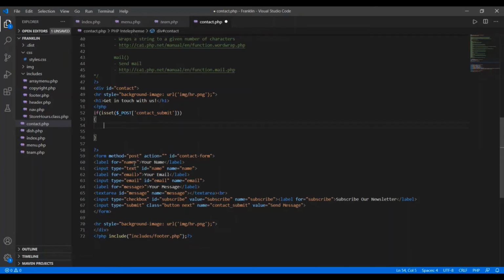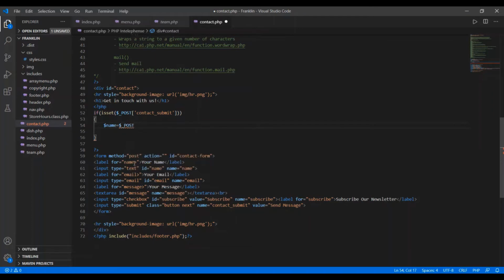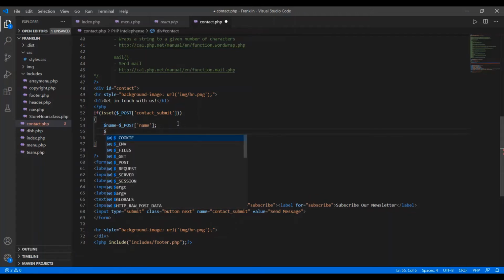So for this I'm creating a variable with name, and to this I'm assigning the value by reading it using $_POST, which will read the value from a variable. Here is the name of the input ID, here is the name, so I have to read the data from here. And in the next line I'm going to read email.